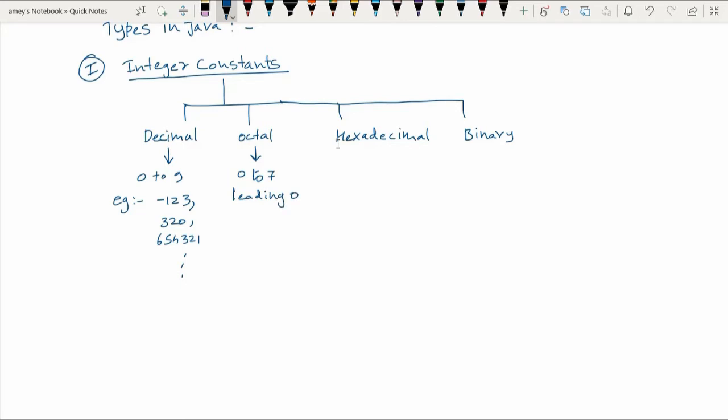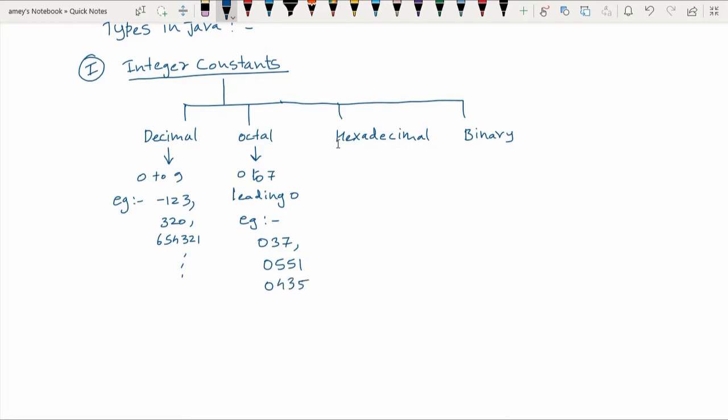For example, an octal number would start with 0 followed by 37, or something like 0551, or say 0435, and so on.